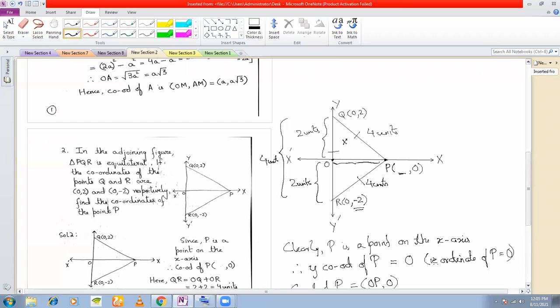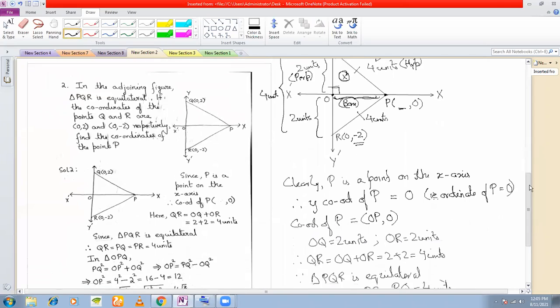Now look at this right angle triangle. Because we want to calculate OP, look at this right angle triangle. This one is the hypotenuse because this is 90 degree. This one is your perpendicular and this is your base. You know the length of the hypotenuse, you know the length of the perpendicular. You can calculate the base by Pythagoras theorem. So consider this right angle triangle. In triangle OPQ,